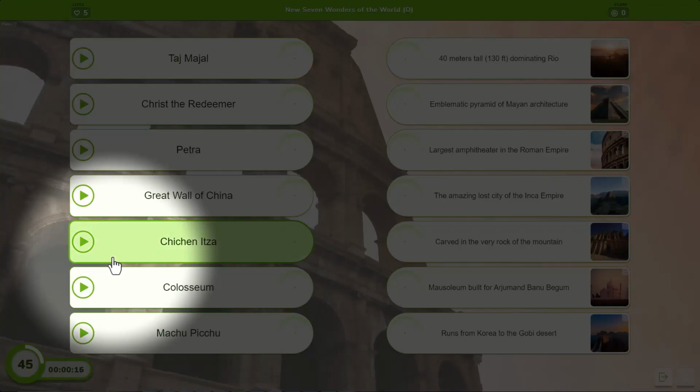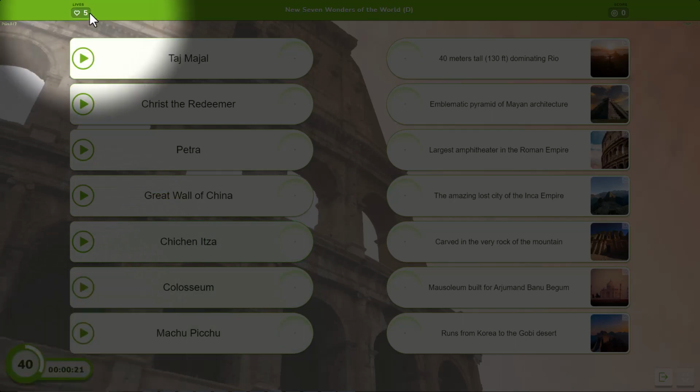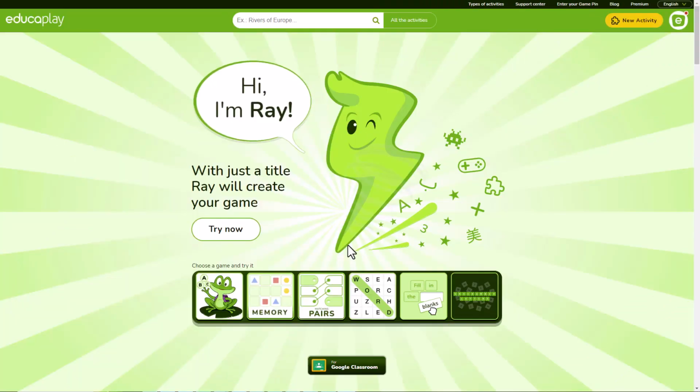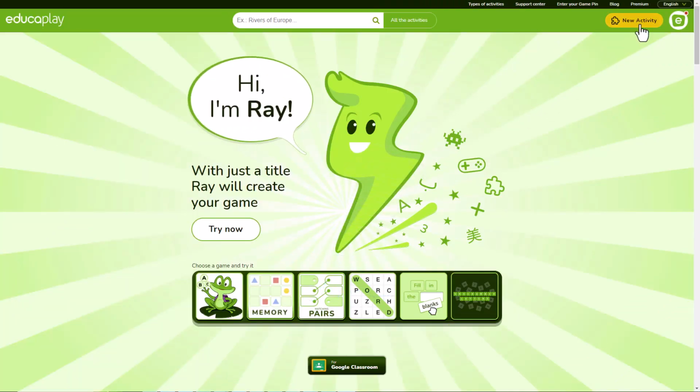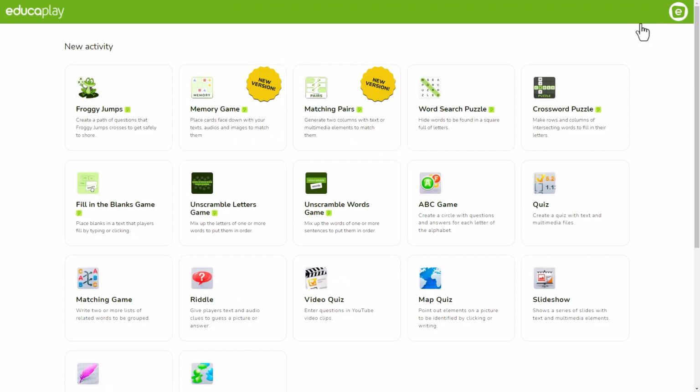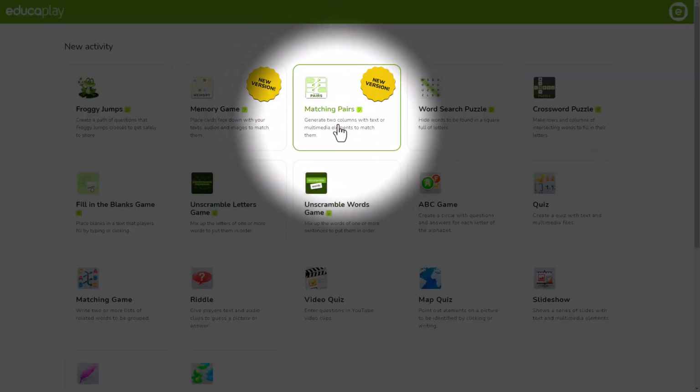They can also link them, dragging from the end of an element and dropping on the other. If you want to make it more exciting, you can set time limits or a finite number of lives. Let's go! If you haven't done so yet, click Create Activity, choose Matching Pairs, and register or log in to